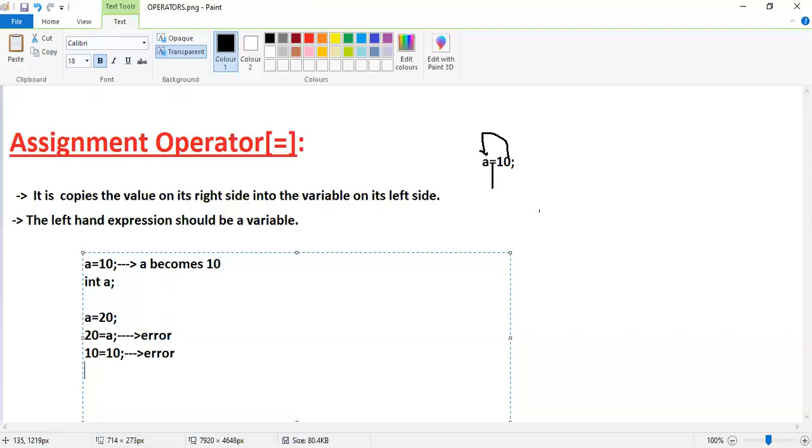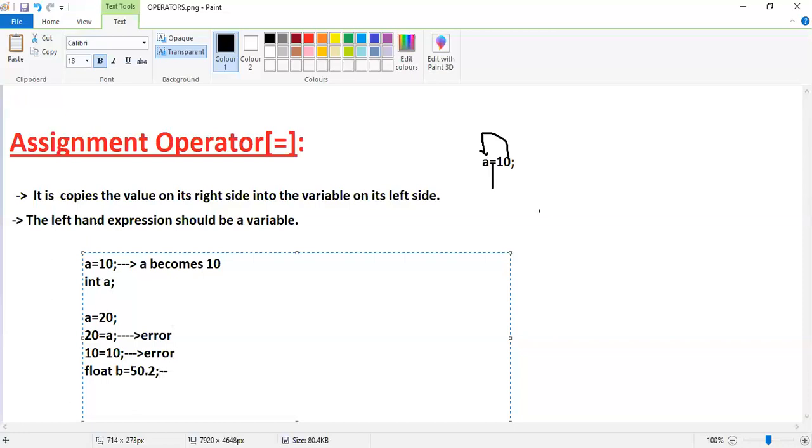And one more thing, float b is equal to 50.2. Here b is a float type variable and 50.2 is a float type value. We are storing a float type value into a float type variable. It is possible.